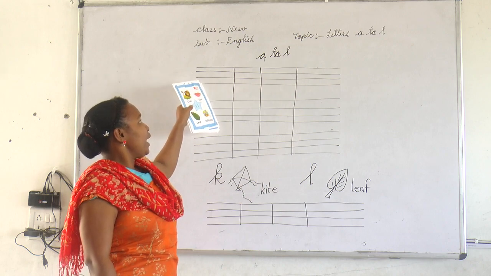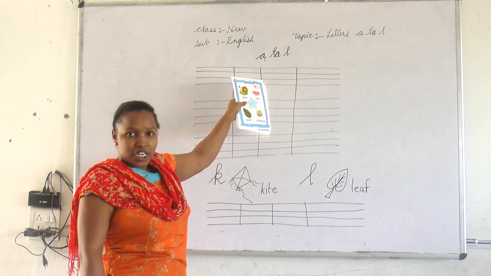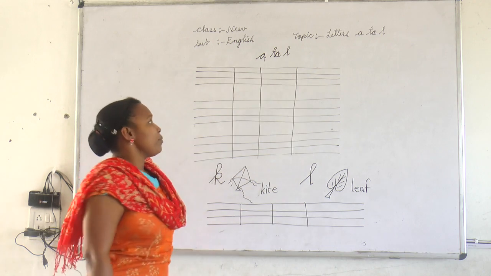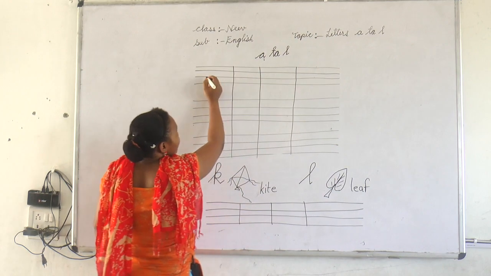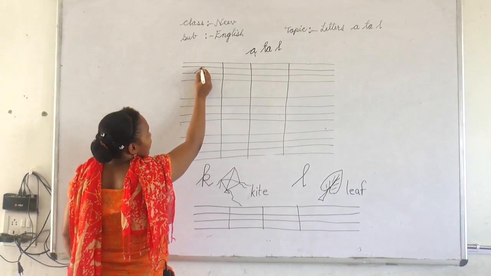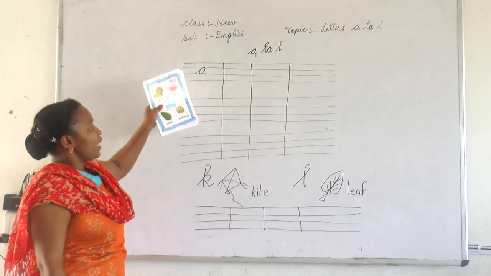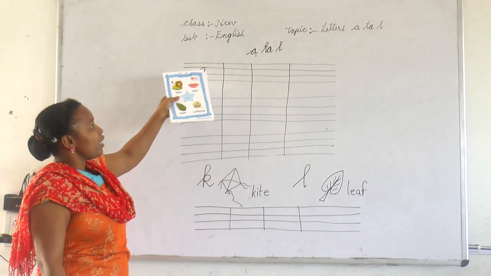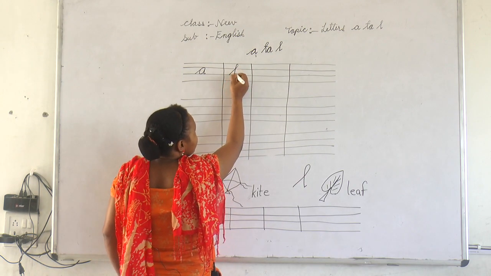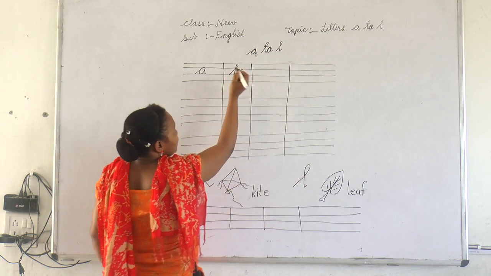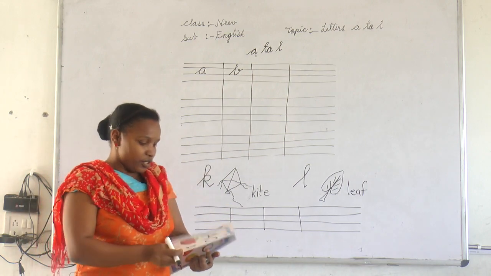Sequence means A, after A which letter will come, after B which letter will come, like this we are going to write one by one, okay. Let's start. First we have to write A. We have to start from A like this. We already learnt cursive letter A, then after A, B. Like this, okay. Let us learn first A letter words, okay.